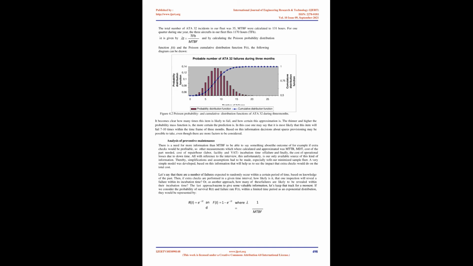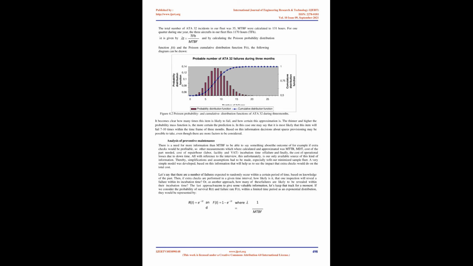Analysis of failure occurrence. The Poisson probability mass function and cumulative distribution function are widely used in the aviation industry since they give a good approximation. Let us take a look at the ATA-32 group as an example. The total number of ATA-32 incidents in our fleet was 35, MTBF was calculated to 131 hours. For 1 quarter during 1 year, the 3 aircraft in our fleet fly